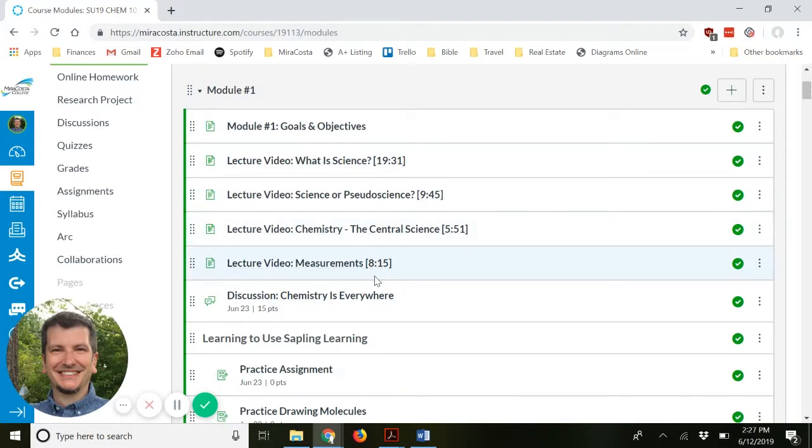And then every module also has a discussion. A discussion is supposed to simulate the in-class discussions we would normally have in an on-ground course, where we'd have a topic brought up and we would all dialogue on it as a class. The way it works online is you will open up the discussion, read the discussion prompt, and you always have to make a contribution to the discussion by Thursday at 11:59 p.m. So basically you have to do the readings, watch the videos, and then respond to the discussion by the end of Thursday night at midnight.